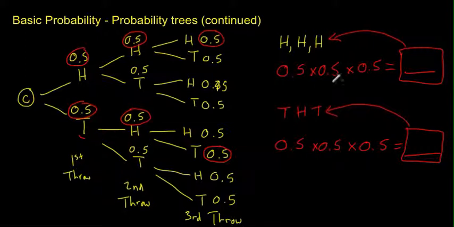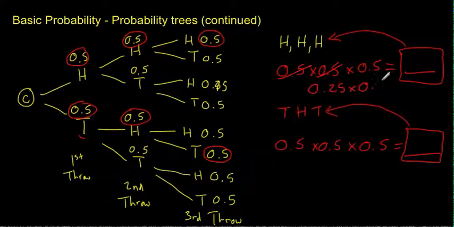Okay, so let's get to the calculation then. We know that 0.5 times 0.5 is 0.25. Okay, so we've done that. So it's 0.25 times 0.5. What's that going to give us? Pause the video, work it out, and then we'll see if you got the same answer I got. Okay, you should have gotten the answer